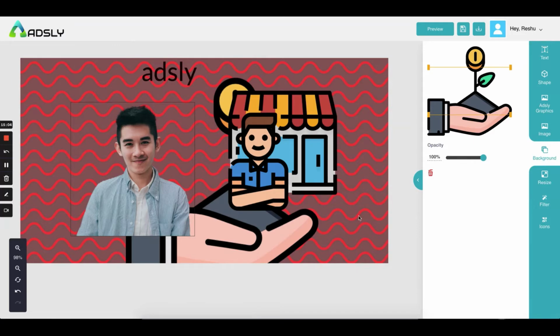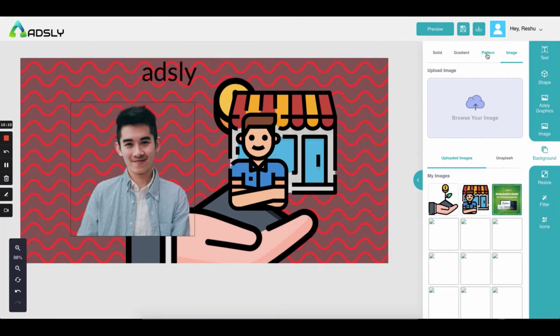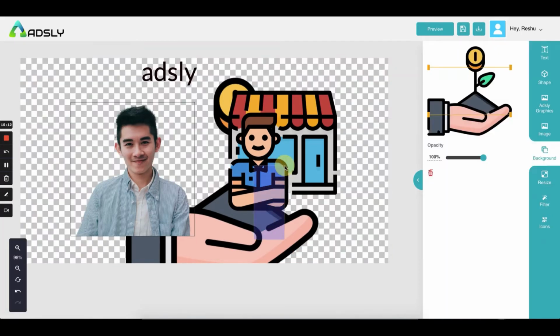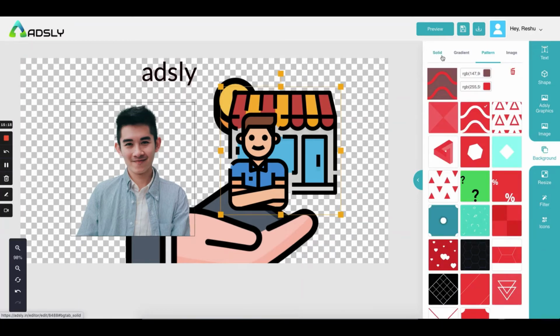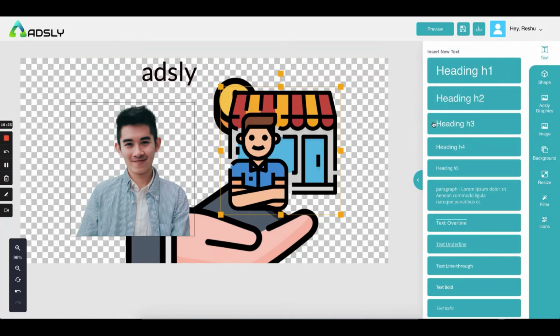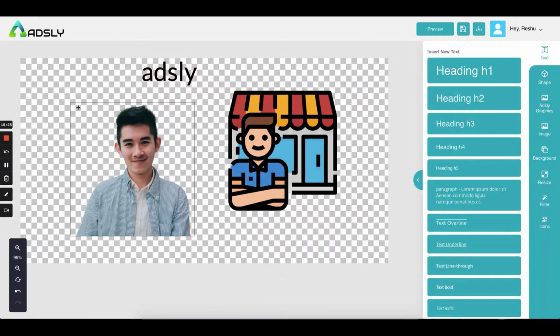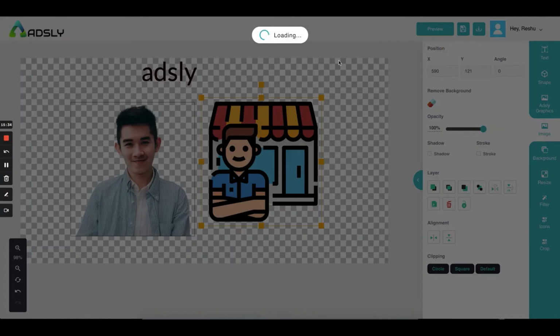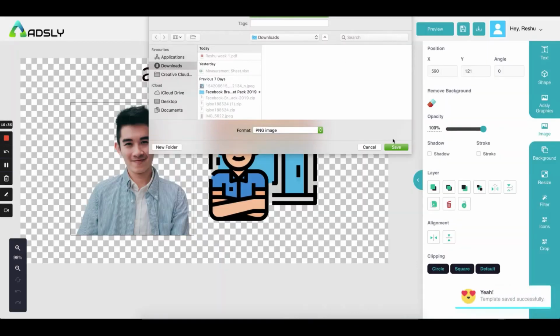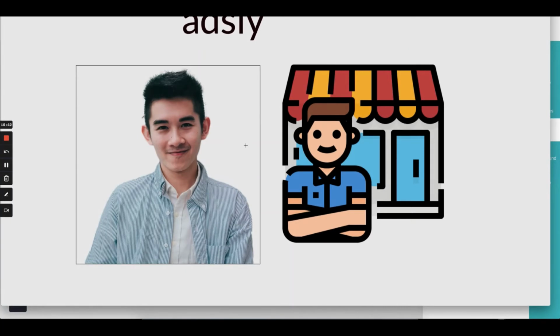So first, this is the background. So let's remove the pattern, and this is your background at the back. For example, if you want to export an ad without a background, what you need to do is, you have already given a background to it. Simply click on this remove background button. Again, remove background button, and you will be making an ad without the background. So if I download it, this is how it will look, without background.